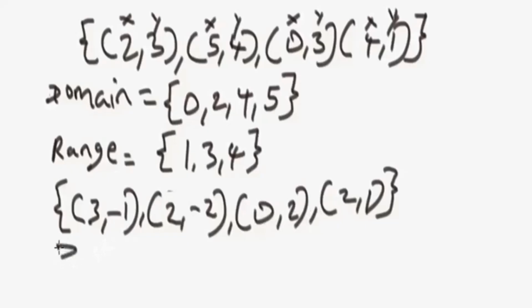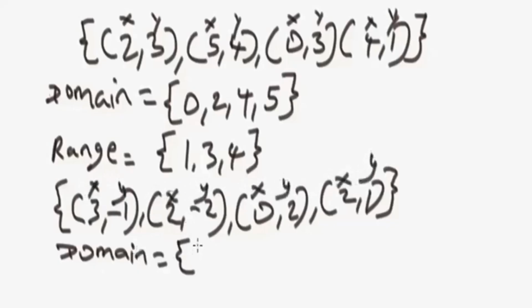Okay, so let's do it together. The domain of this ordered pair will be the x values. So remember, this is x, these are y, these are x, these are y. So the domain, the x values: the least value of x is 0. We have 2. 2 is appearing twice, just take one of it, and lastly we have 3. So this will be the domain of these ordered pairs, whereas the range